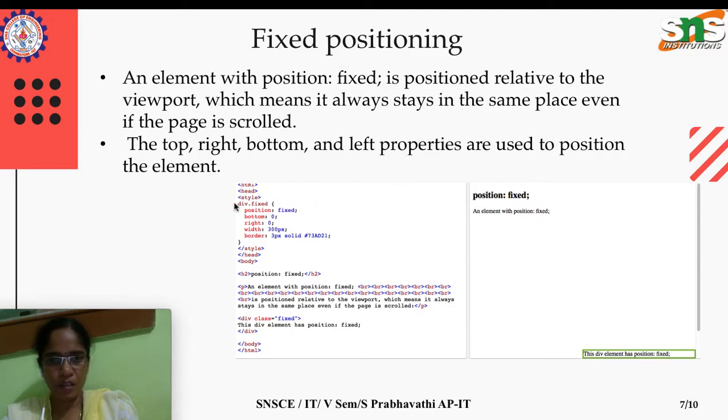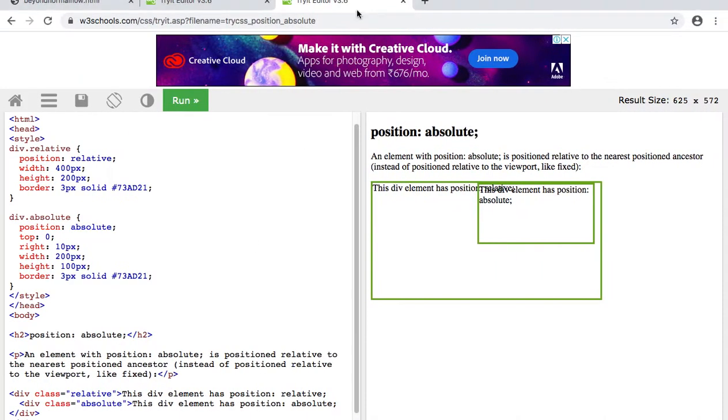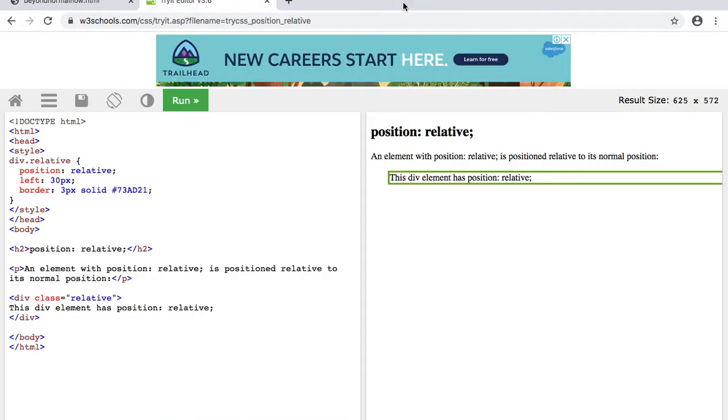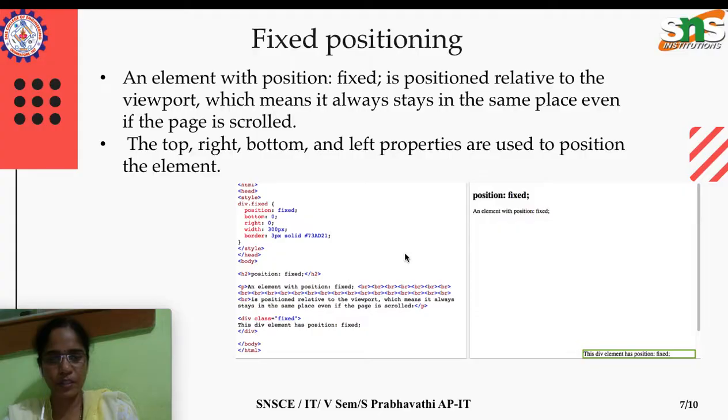See here, I'll explain the program here. I hope it's visible for you, or else I could take you directly to W3Schools itself. Yeah, no, it's not here. Let me explain over here itself.